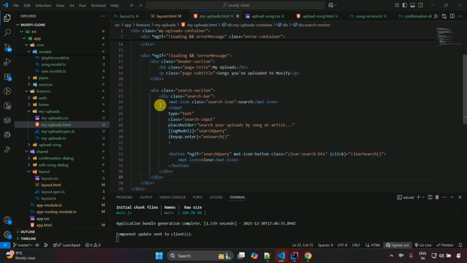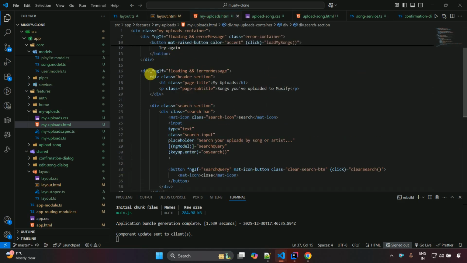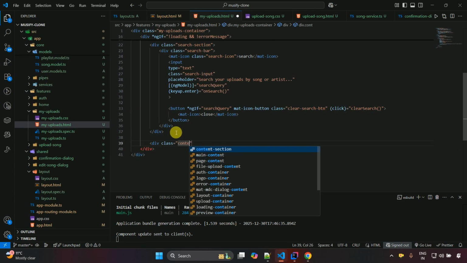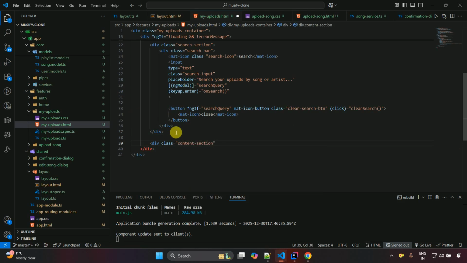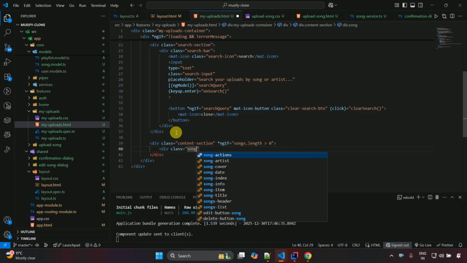Now we have to write the logic to show the song list, right? So outside of this search section, we have to write the logic, and it should be inside this particular section as well as the main container. Here we have to write div class content-section, and then *ngIf songs.length is greater than 0, then only we are going to show this particular div, and div class songs-header,